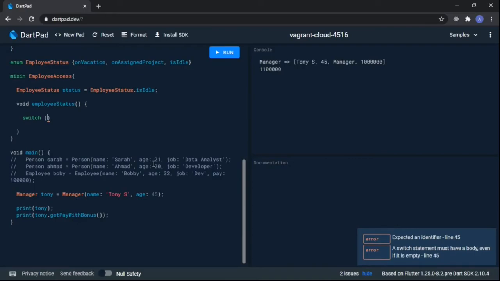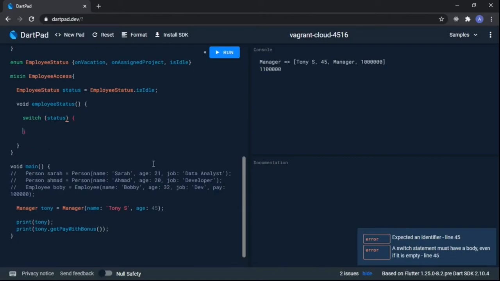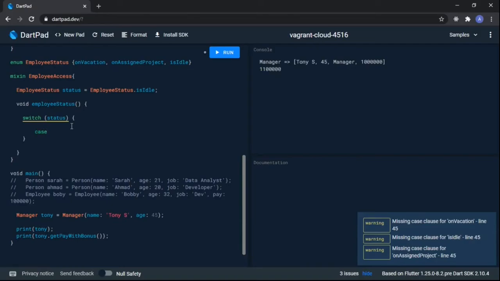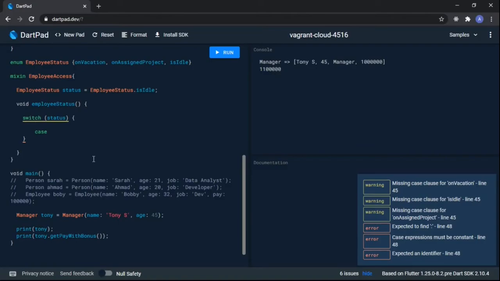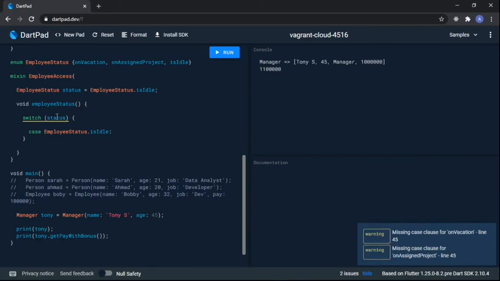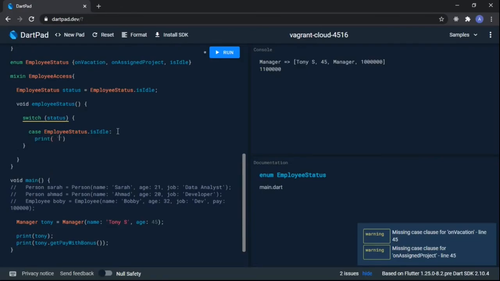So I want to switch status, right? That is how to make a switch statement. Then you use the case, which is like testing the condition right here. The case of employee status dot is idle. So this status is what we are switching, and we are saying if this status is the case, employee status dot is idle, then I'll just print employee is idle,